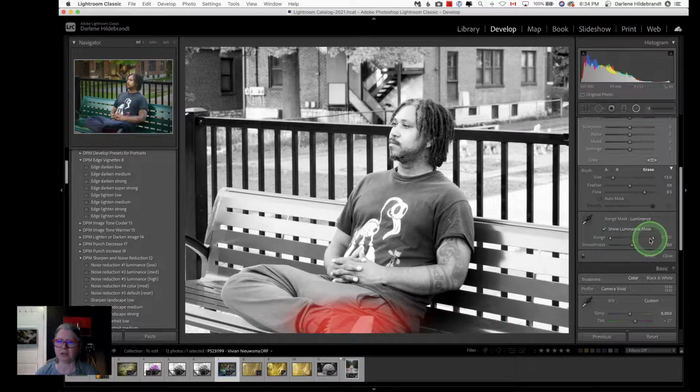And then you have this range slider, okay? And this is like, it matches the histogram. So the left is dark and the right is white, okay? Or it matches the like levels if you're used to levels. So I actually want to only apply it on the brighter areas, specifically that bottom part of his shoe, right? So notice as I slide the left one to the right, it is then masking it off the dark areas,